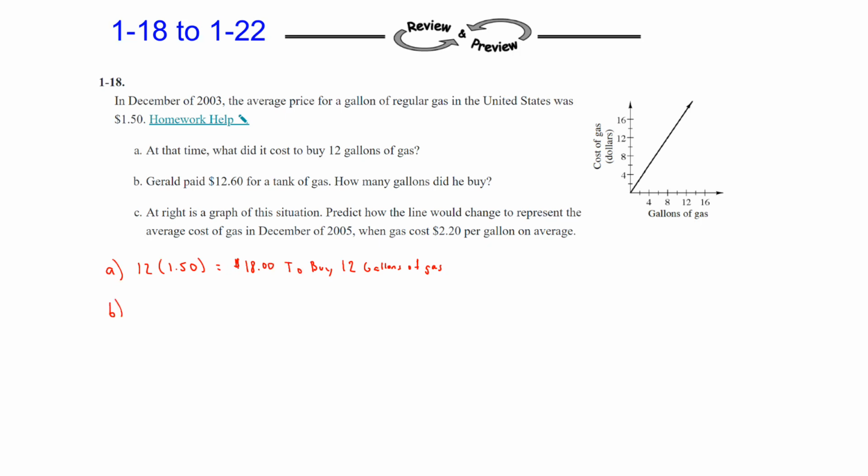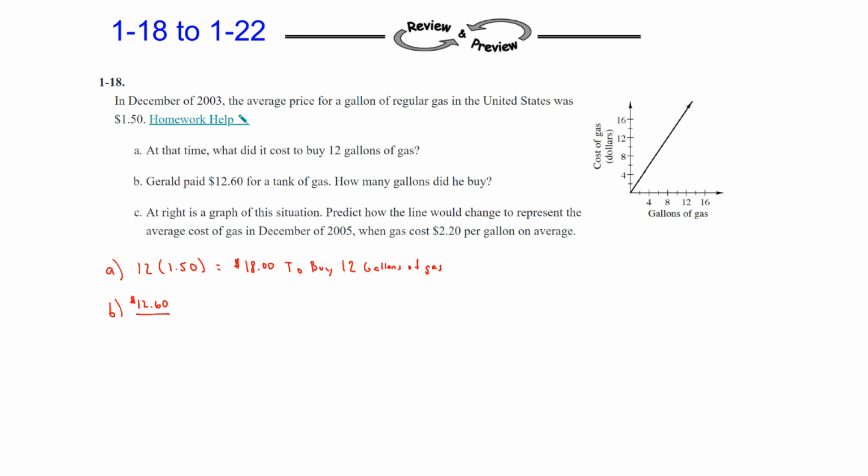Part B. Gerald paid $12.60 for a tank of gas. How many gallons did he buy? So we know that he purchased gasoline for $12.60. This time we know the total cost is $12.60 and that it cost